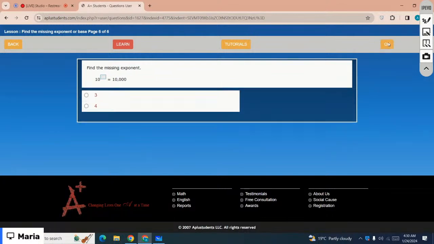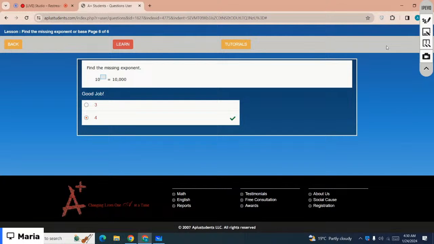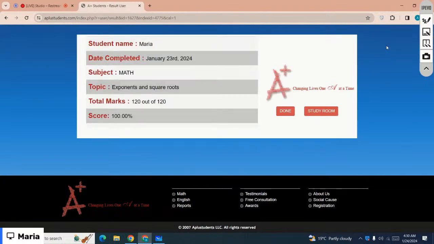Okay, the next one is find the missing exponent. Which is the correct option? Yes, the missing one is 4. Okay, we are done with the lesson. Let's just move on to the next lesson. The next lesson is